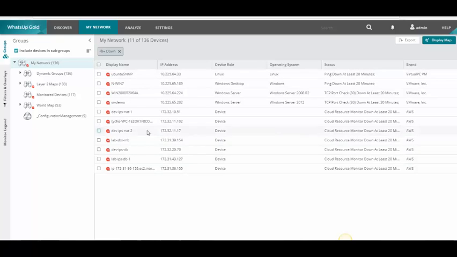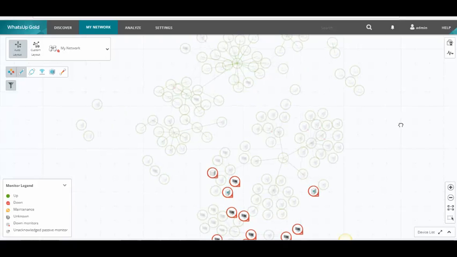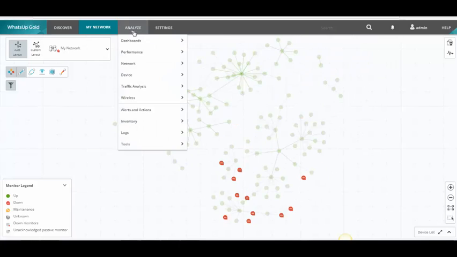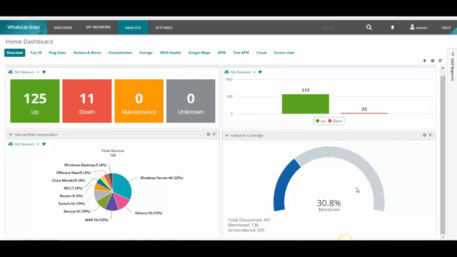The last view that I was looking at here was a list-based view, but we can also look at that from a map-based view and see exactly which devices those are. We can zoom in and understand what is going on there. And then we'll also have an understanding of what is the composition of the devices in my network. We have some Windows devices, some routers, some Meraki wireless environment. We can understand our network coverage.